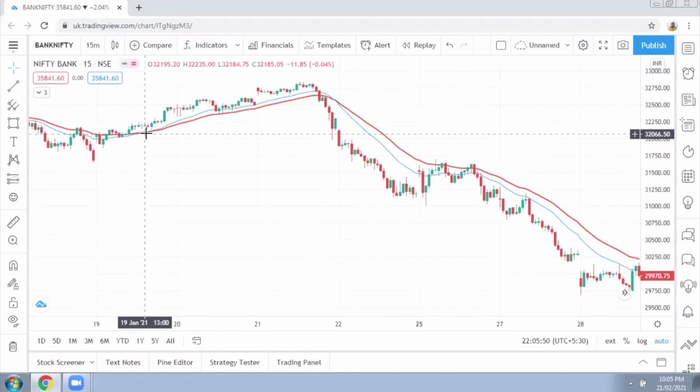Again there are a few points which we need to consider, like the angle between the two moving averages is very important. It will denote the strength of the trend. Like if the 21 period moving average is going away from the 34 period moving average, and both are sloping downwards, then it is strong momentum. We can say that the market can go down with a strong momentum.